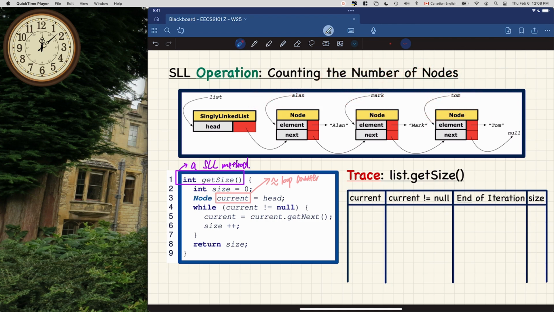When you study this example, you want to see how the size value and the current value somehow keep in sync with each other in some way. That's really the point I was trying to make, right? But let's see exactly how it's going to work. So let's now take care of the 2 lines right before the loop. I'm going to use green here. So these 2, right here. We're going to initialize the size to be 0,